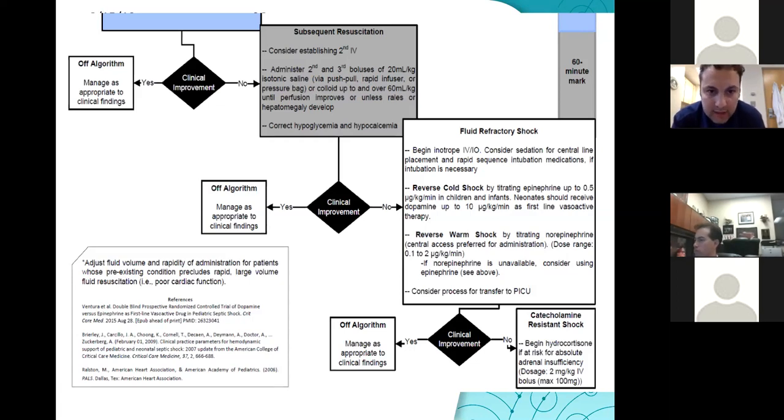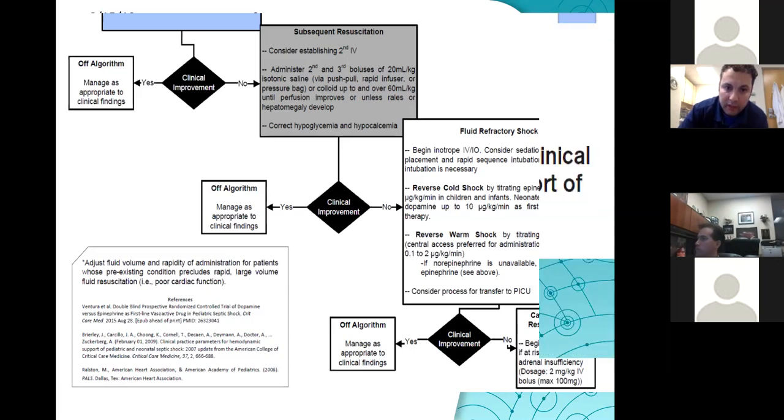I hope by that time, if you do have a pediatric ICU in your institution, you are working on the admission. If not, we should probably start working on disposition for those children, from the time when they start needing more than 1 or 2 boluses. So that's from the clinical pathway in the ER.